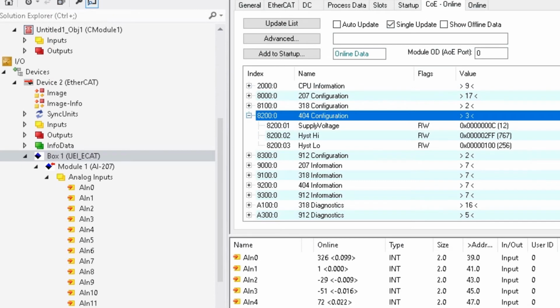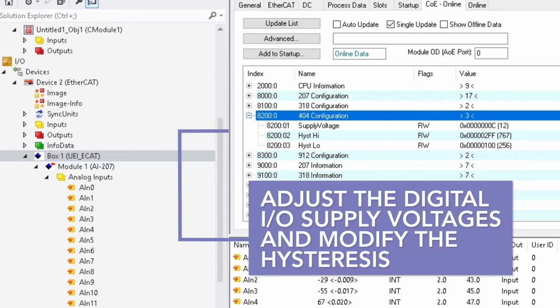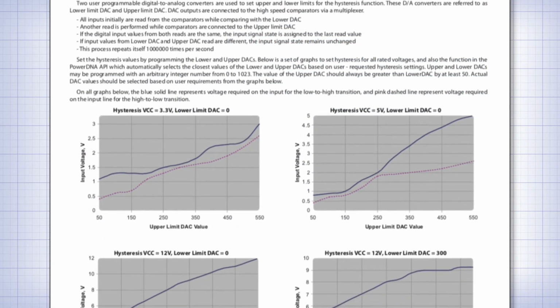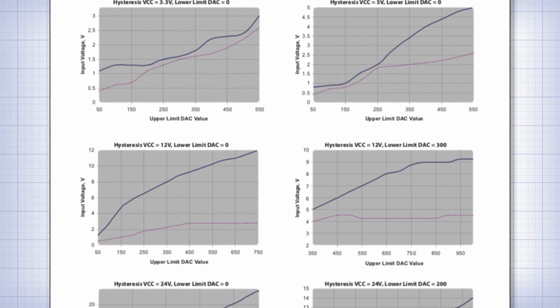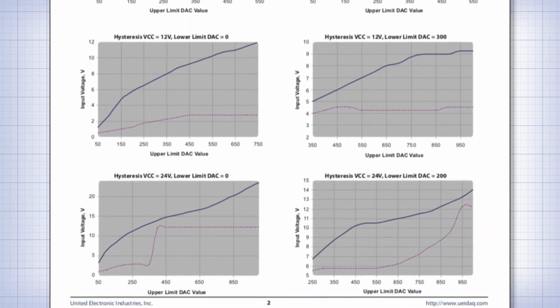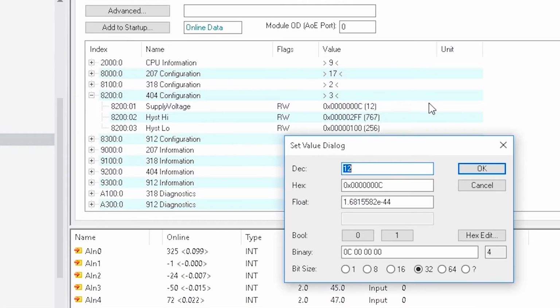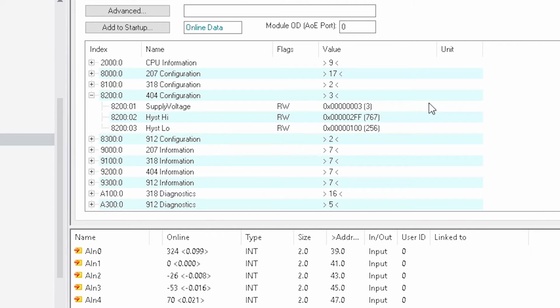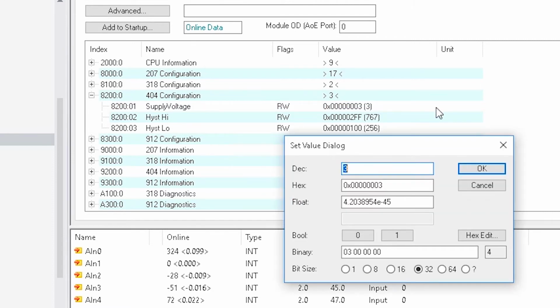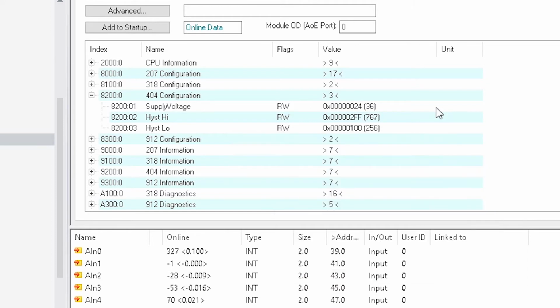Moving down to our digital board, through the TwinCAT interface, you can adjust the supply voltages, as well as modify the hysteresis of the supply voltages. This particular model can accept a wide range of input voltages, from 3.3 volts all the way up to 36 volts. Configuration options at this level allow you to customize your board to the voltage level of your system as needed. And all of these changes can be done on the fly, so you'll never need to shut down your EtherCAT